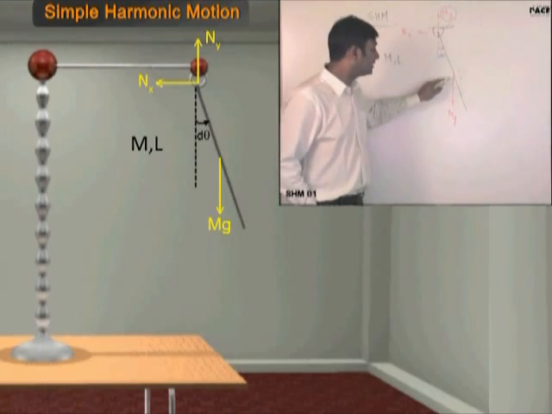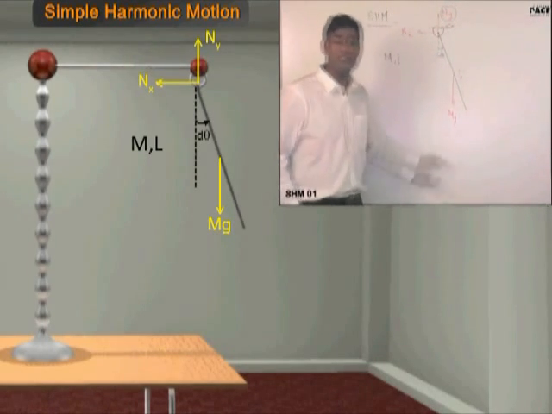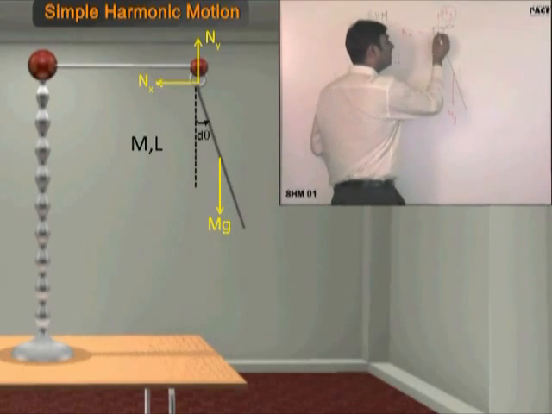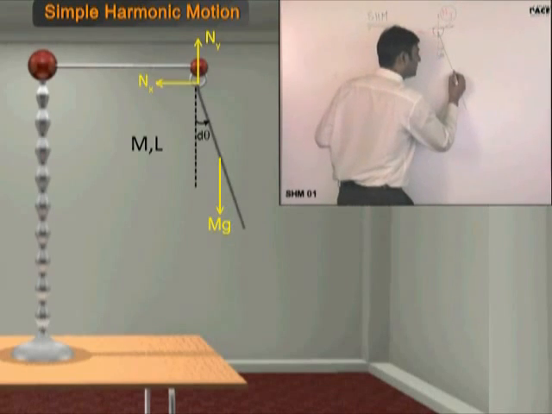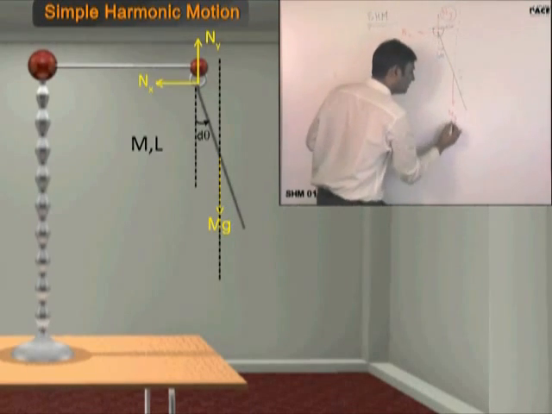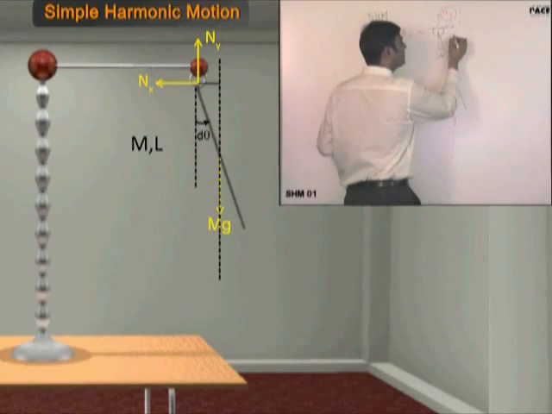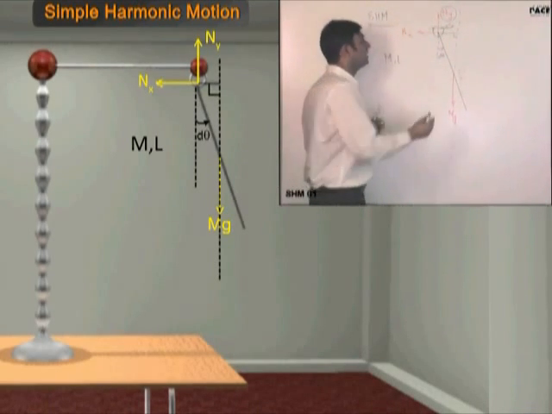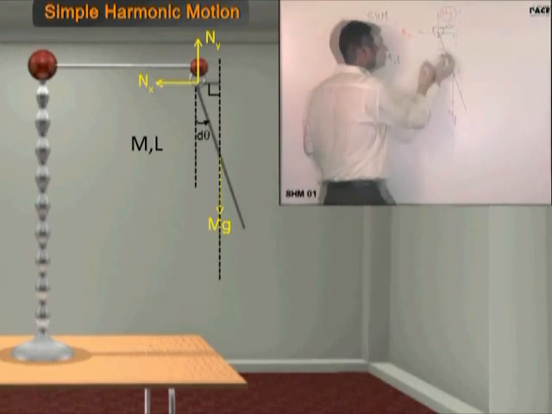Yes. What is the, Sakshi, your name is Sakshi, right? What is the torque due to mg? The torque is the force into the perpendicular distance from that point on the line of action of force. So the line of action of force is this. Am I right? So the perpendicular distance from this point on the line of action of force is this. Can you tell me how much is this distance? The length of the rod is L. So this midpoint is at a distance how much? L by 2.